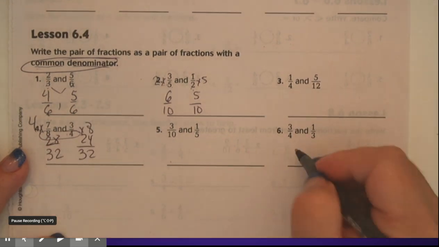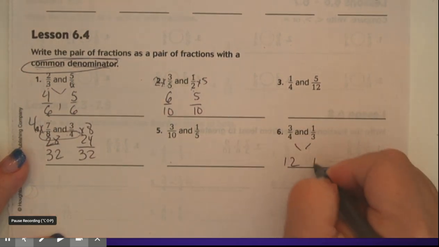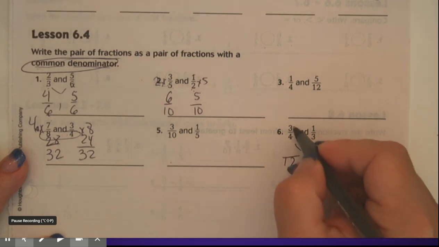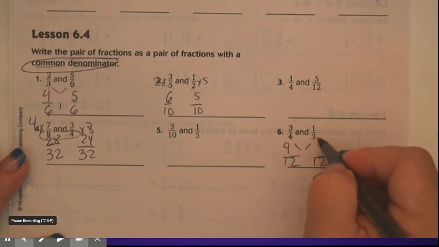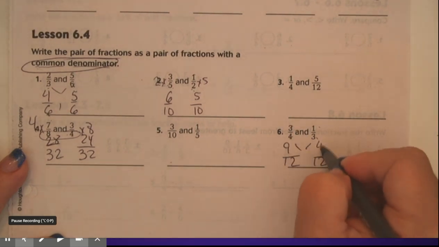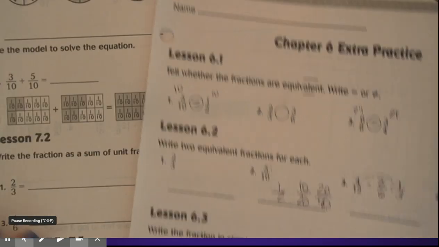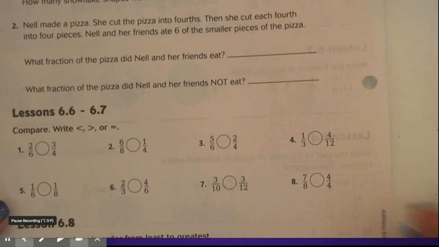Over here, let's see. This one here, 3 and 4. Well, 3 times 4 is 12, so I can use 12. And I'm going to multiply by 3 up here. I multiplied this by 4, so I multiply this by 4. And this is important because you're going to get into adding and subtracting next. Before we do that,